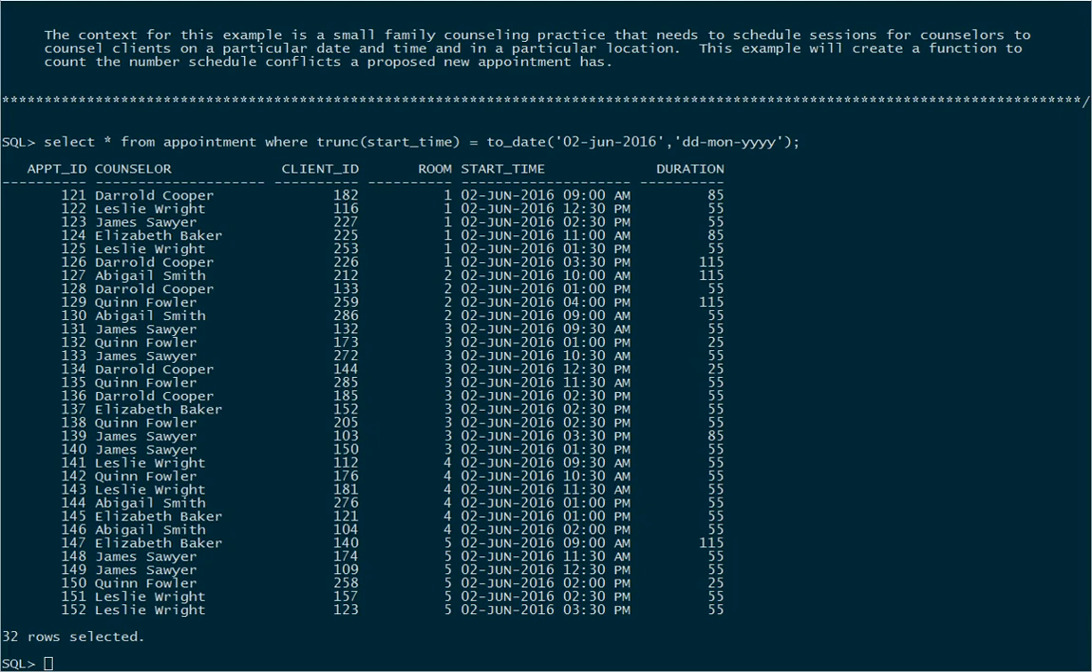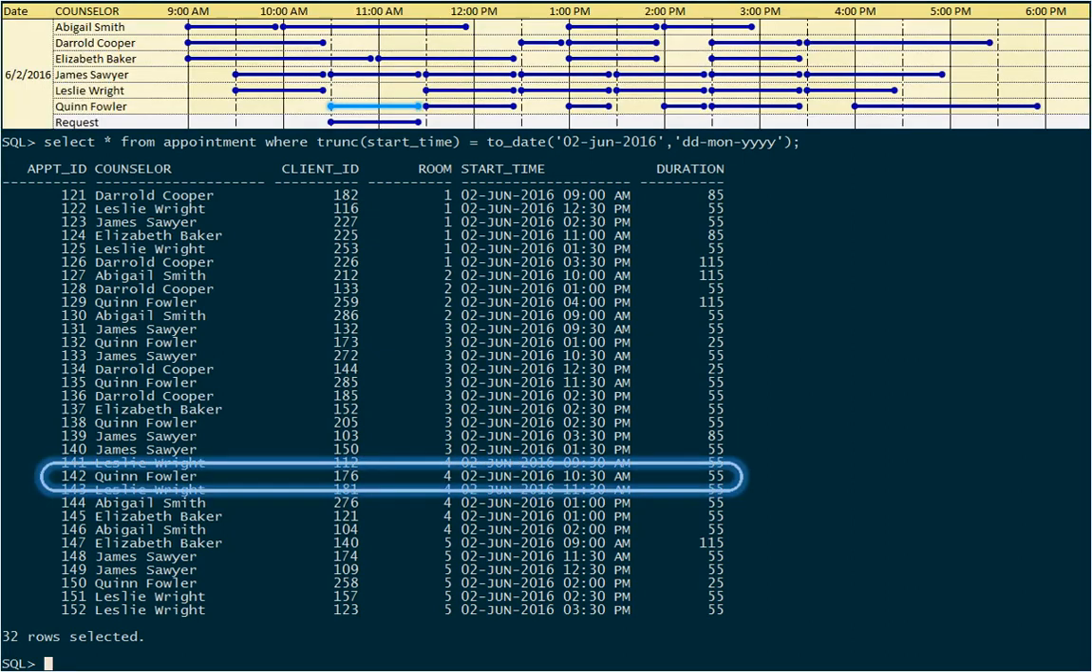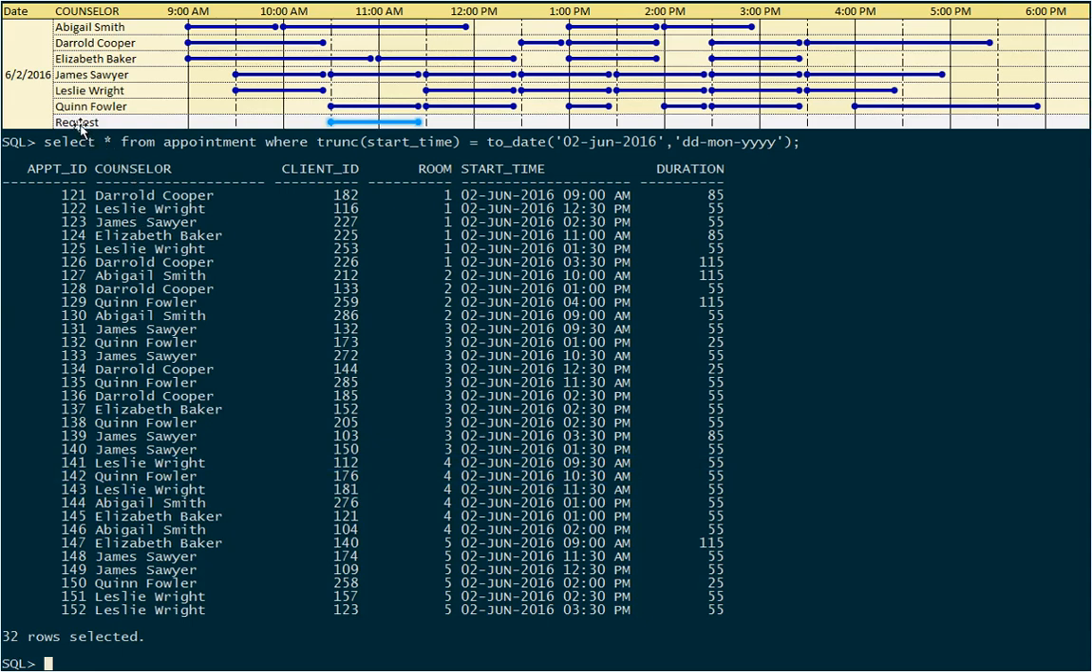Now it's really fairly difficult to look at this and answer the question, does a particular proposed appointment have any conflicts? It's pretty tough to see. So let's go ahead and visualize that graphically. And so let's suppose that we are proposing, there's a requested appointment for this day, the 2nd of June, to start at 10:30 and go for 55